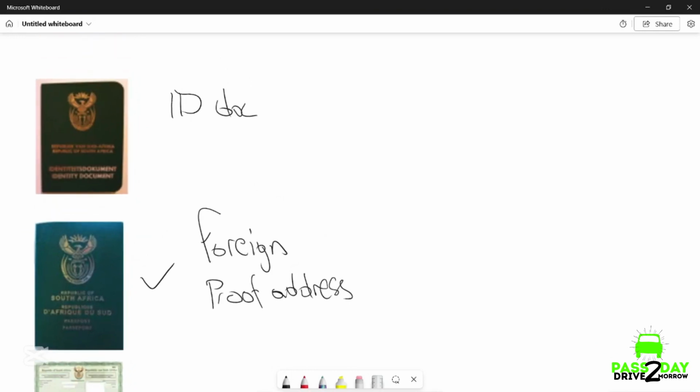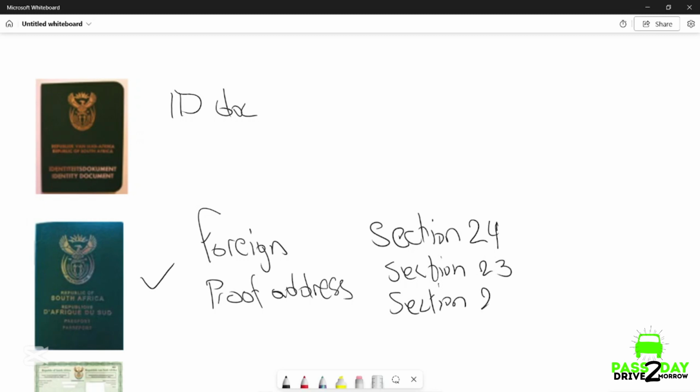If you are a foreign national, that's for example a refugee in a country, then you need your section 24 permit. Section 24, I'll write it there, section 24, or a section 23. I think 23, and then you get a 22 as well, a section 22 permit. So these are for the foreign nationals. You will need that. And then the first thing that you will do, let's start off with the citizens, the